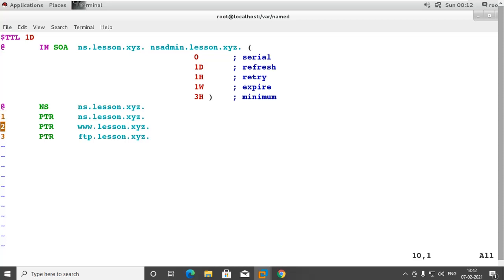So this is the last octet of the IP address. That is, it indicates that it is 30.20.10.1, and this is 30.20.10.2, and likewise this is dot 3. This is the last octet.